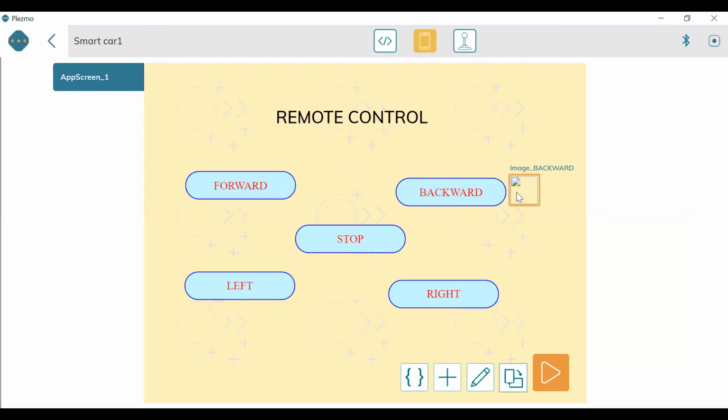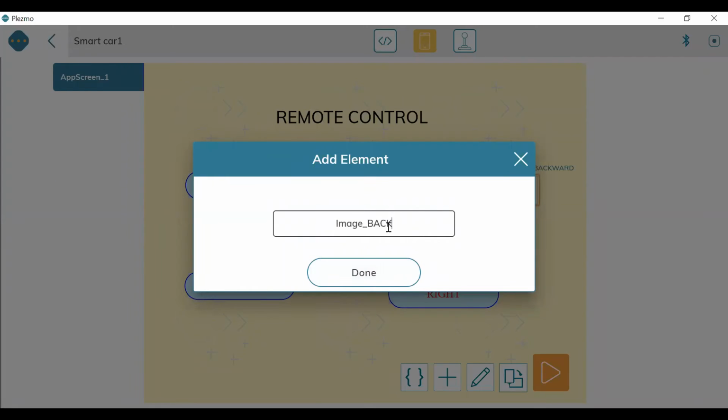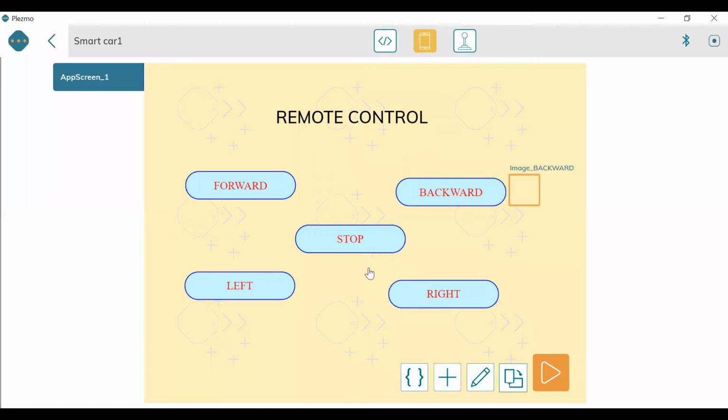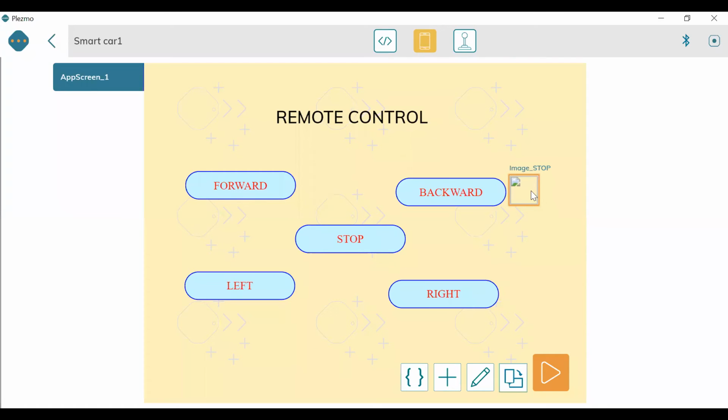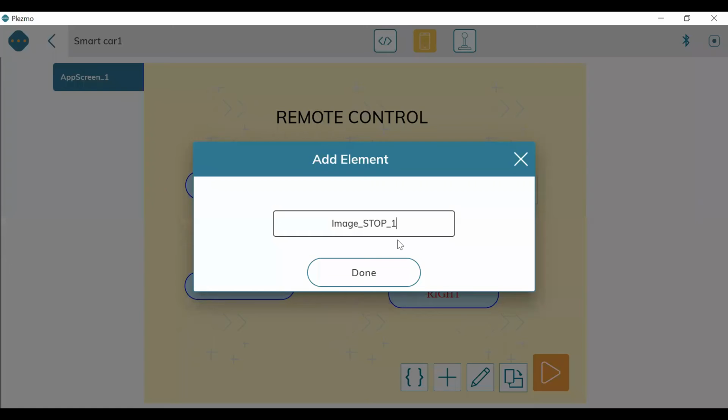Fine. Then again I duplicate. I want it for stop now. I'm not changing any of the properties because I want all the image buttons to look similar. So again I'm going to duplicate, and it is for the left turn now.